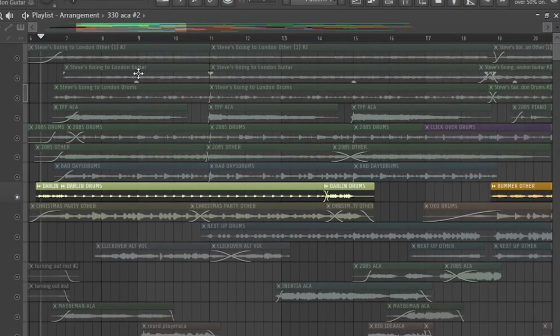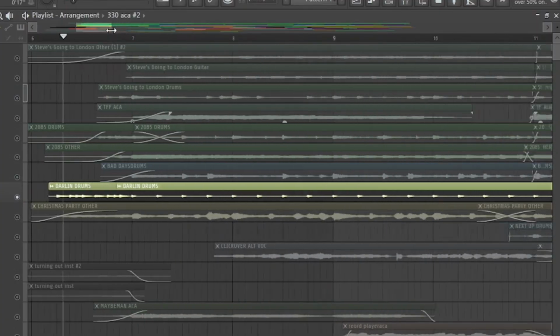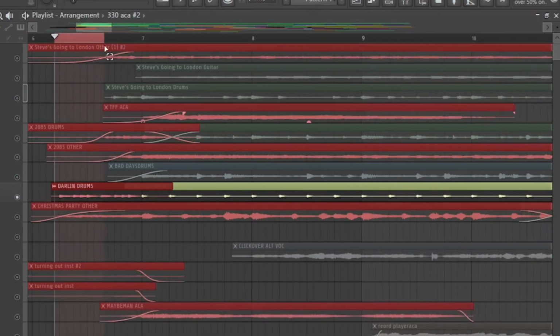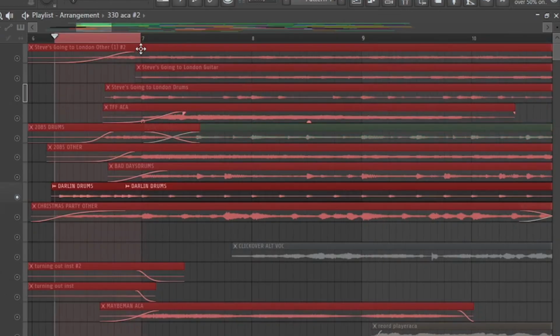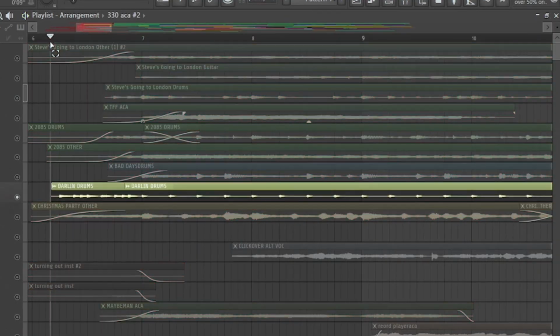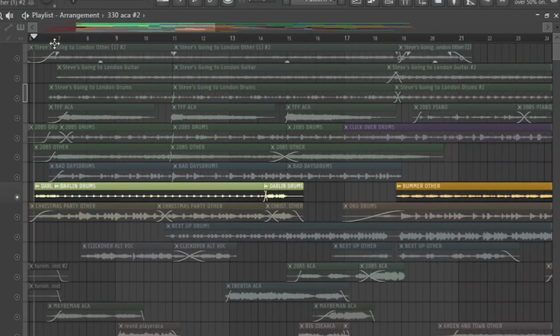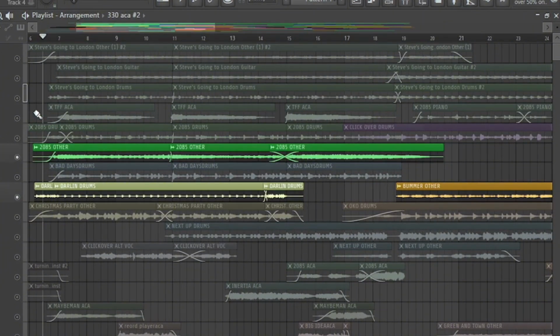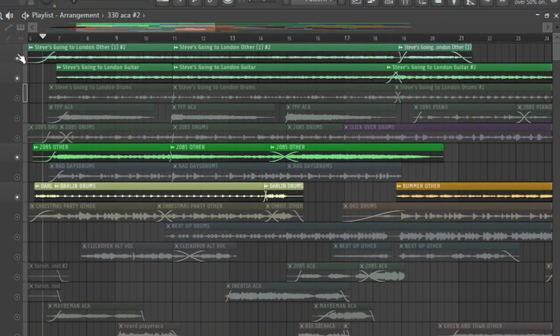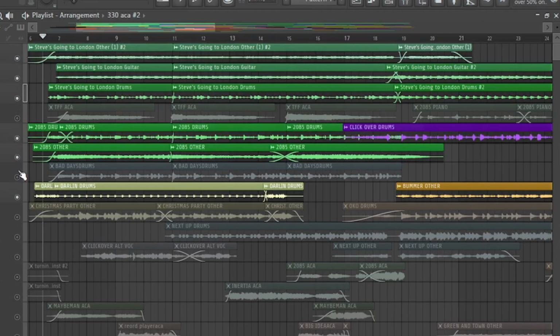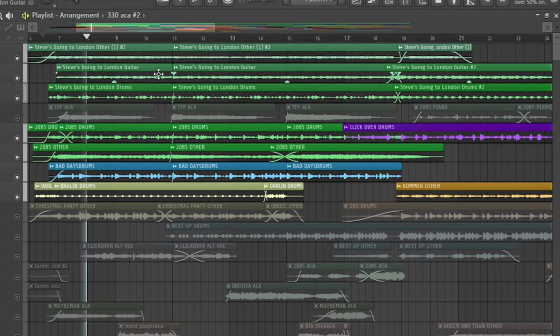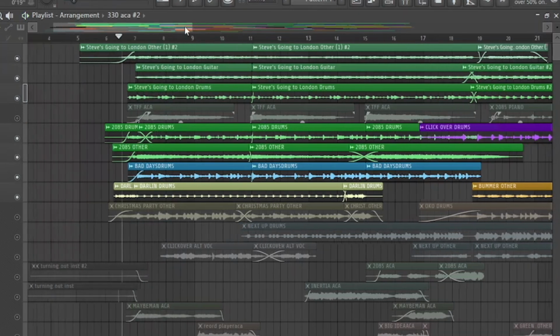And this part of the drum stem for Darlin' I used just to kick it off. It doesn't belong there in the actual beat of the song, but it's there. That just works, in my opinion. So I put it there, and you don't hear that. 2085 others, so just the horns from 2085 along with everything else. I'll play just a bit of the instrumental. It adds a lot of the body of the beat.